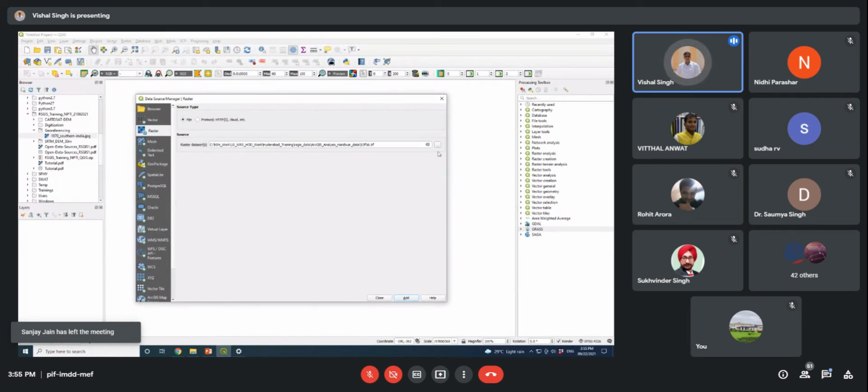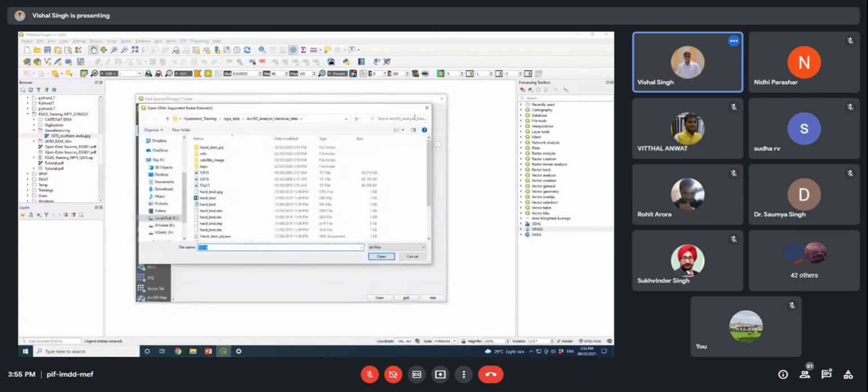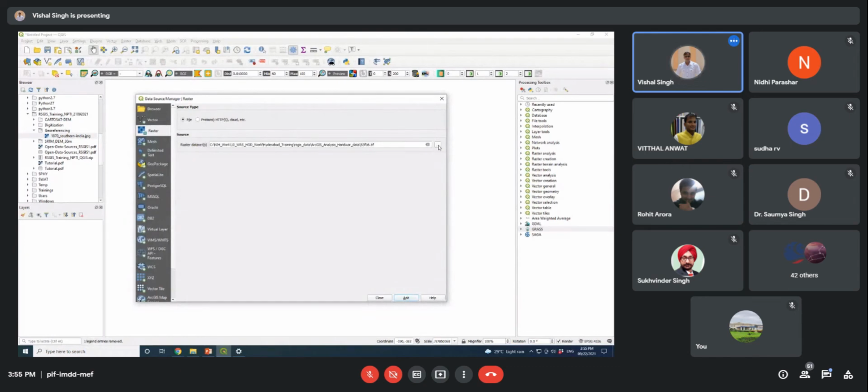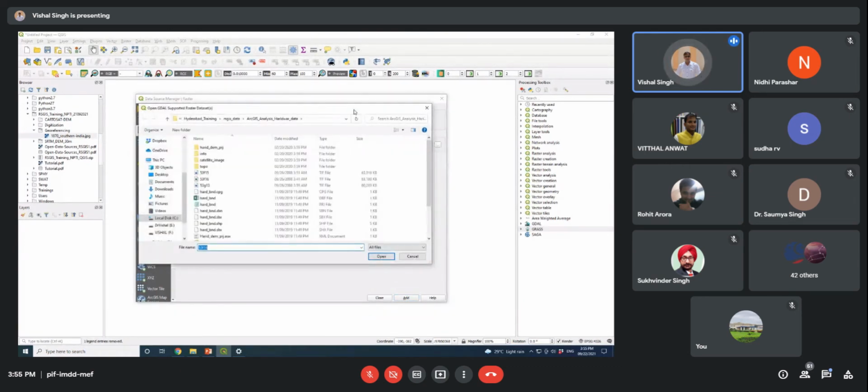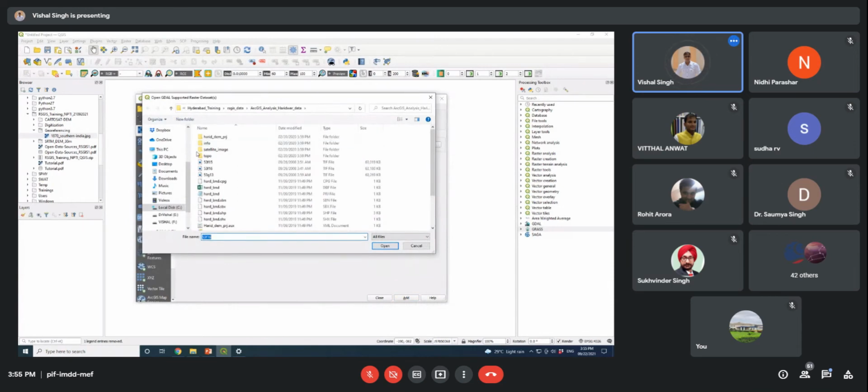Then you need to find the source. From this icon you can browse your directory where you have kept your data. Like I will locate to my C drive, you can locate to your respective drive where you have kept the data.